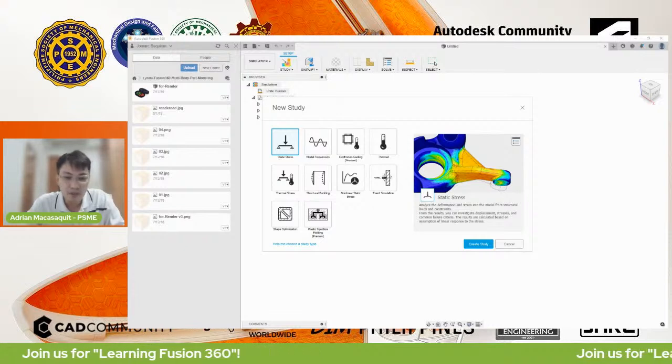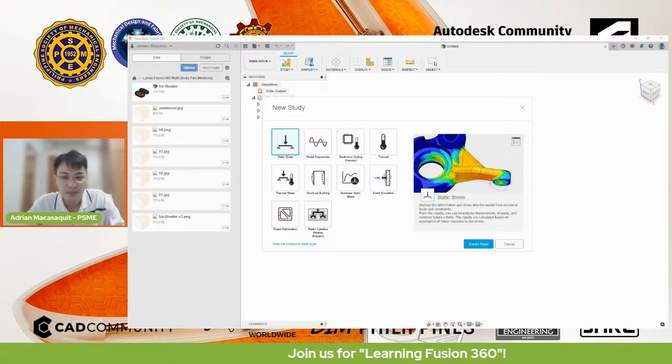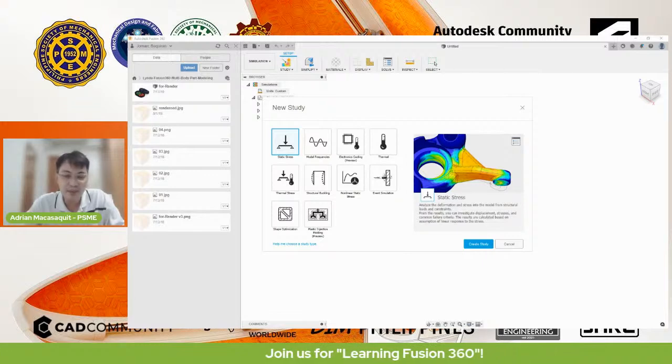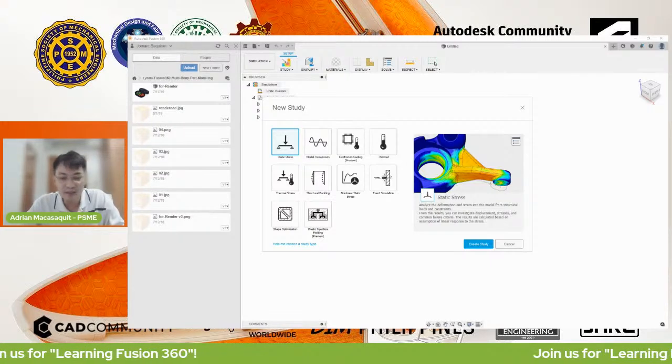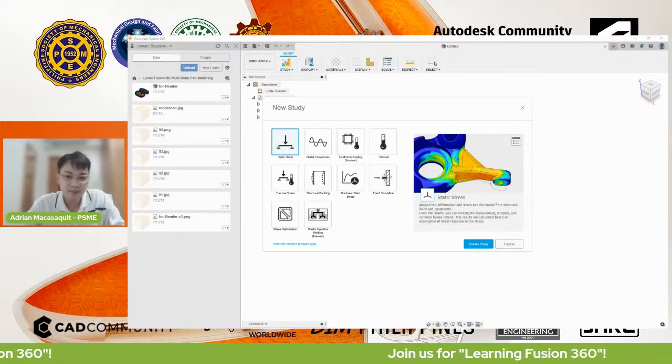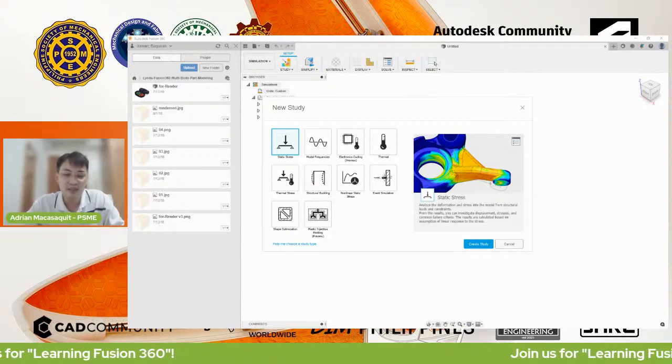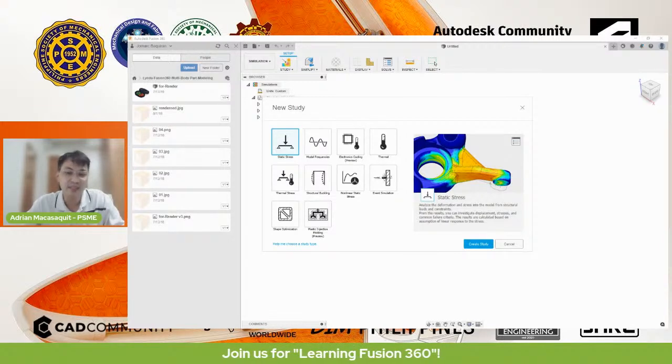It is important, no, to learn the basics and foundations ng bawat CAD software. No, we cannot jump dun sa pagiging expert kung hindi natin matututunan yung basic. So ito yung pinaka-importanting message na gusto ko ibigay sa inyo. So learn the basics and master nyo siya. And then from that, I believe na matututunan nyo and magpo-progress kayo from intermediate all the way to expert level. So Fusion 360, this is an excellent software, para sa mga students rin and pati na rin sa akin.